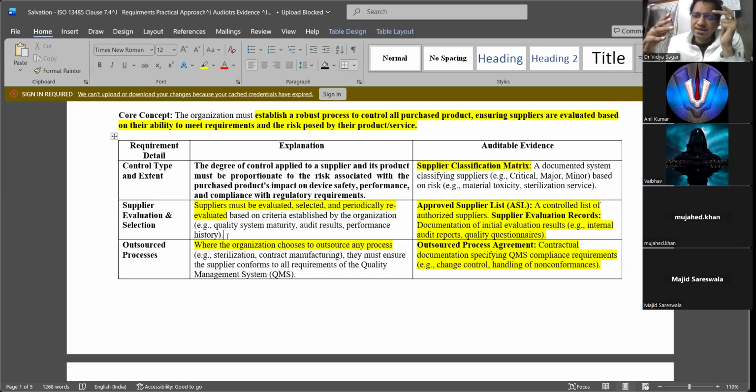I have not yet discussed internal auditor training, but once we complete this, in the next two sessions we'll go for internal auditor training. Then I'll tell you how to do client audits also.